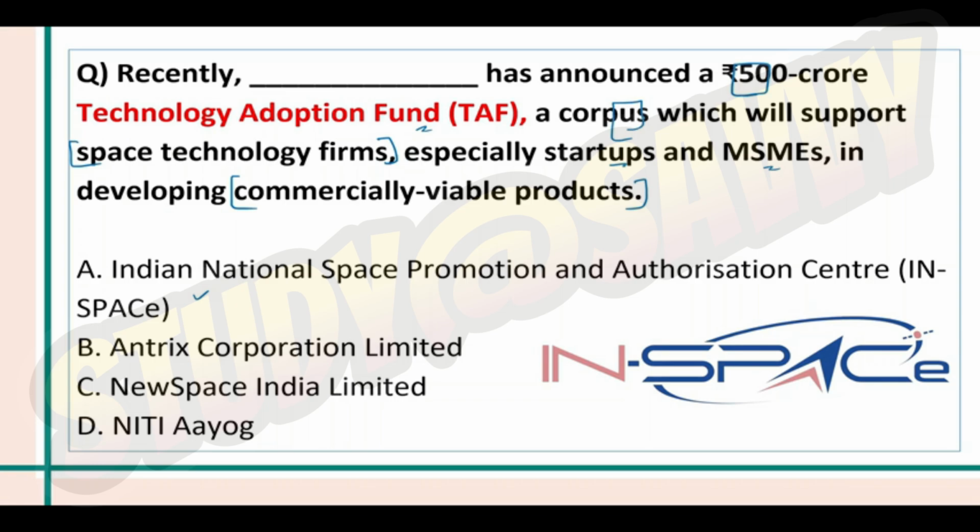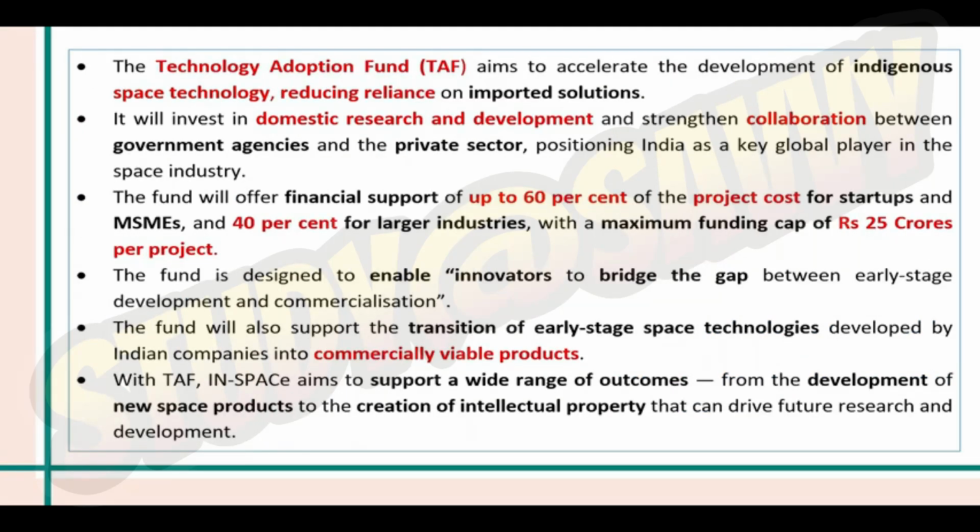Now, this fund or this corpus will support the space technology firms like MSMEs or startups in developing the commercially viable products. Okay, now this fund will invest in domestic research and development, and it will strengthen the collaboration between government agencies and private sector. Okay, and also through this fund, it will accelerate the development of indigenous space technology, and the reliance on the imported solution will be reduced through this. So talking about the financial support, this is a 500 crore fund, okay, in which